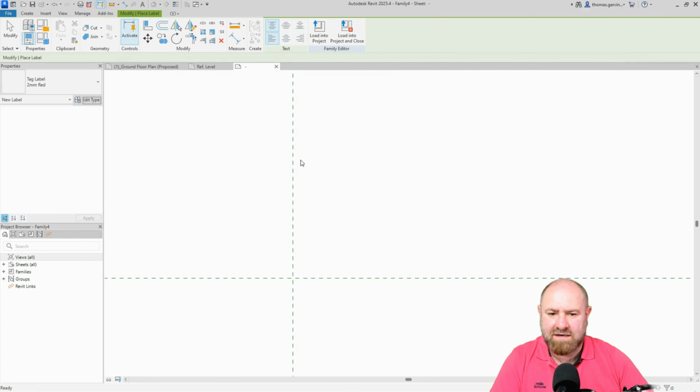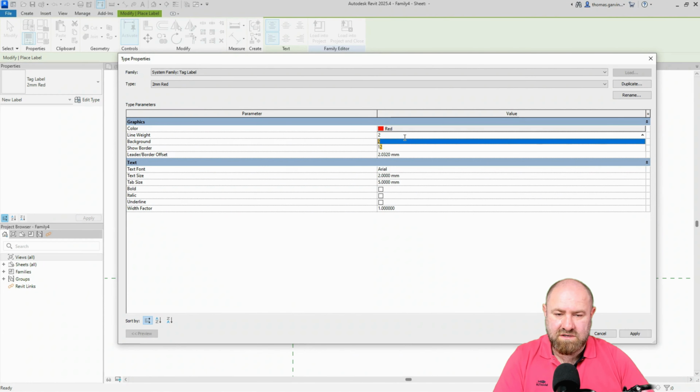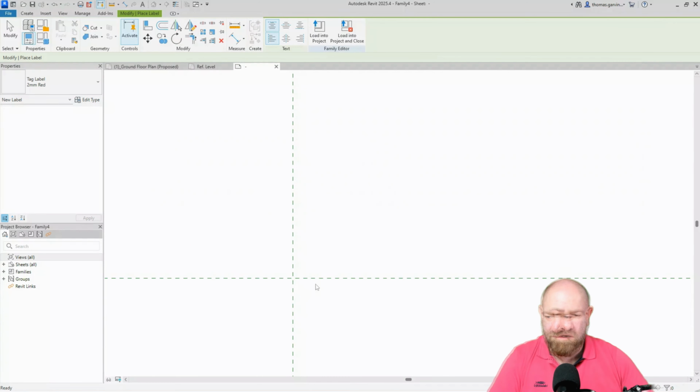Actually, do you know what? Edit again. I want to change that line weight to match the leader line weight, so make that 2. So that's the border around the edge, and also show border. And okay. So with the label command active, I want to change the vertical and horizontal alignment of the text